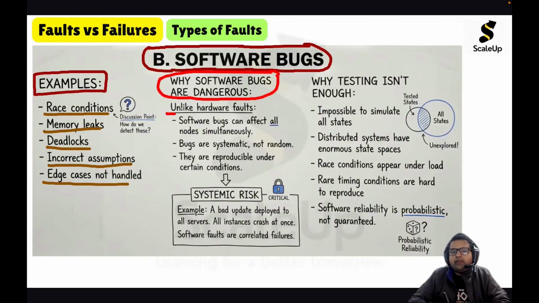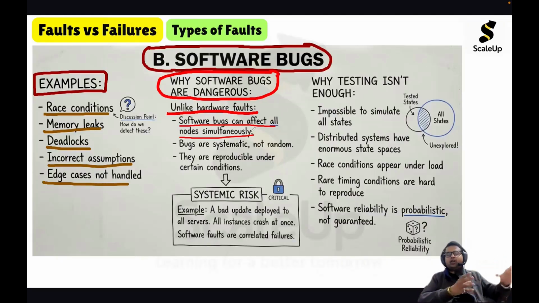Unlike hardware faults, software bugs can affect all nodes simultaneously. This is a very interesting and very important discussion. Why are software bugs more dangerous than hardware faults? Because a fault in hardware stays where it is; it will not migrate or get propagated. If a fault is there in the disk, it will remain in the disk itself. But software covers the entire system,